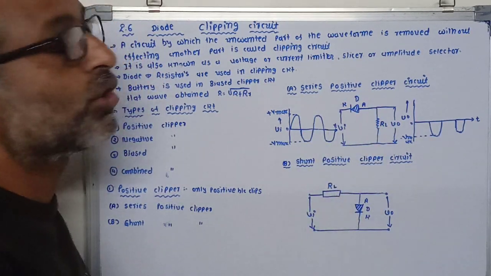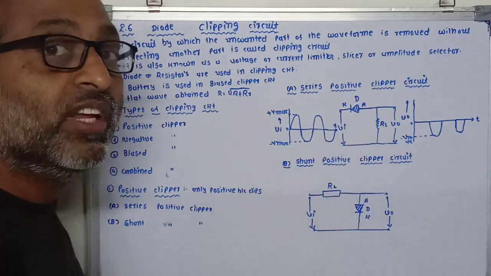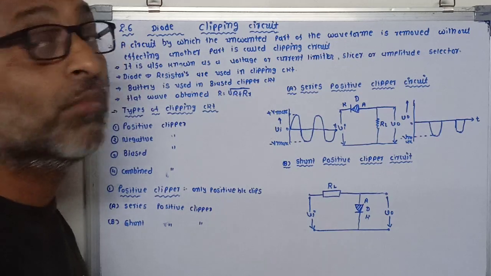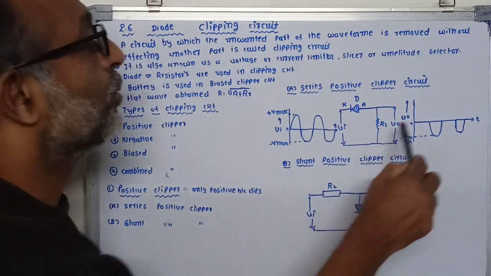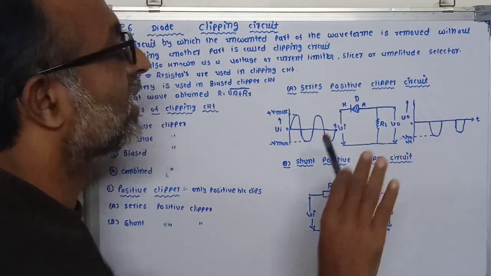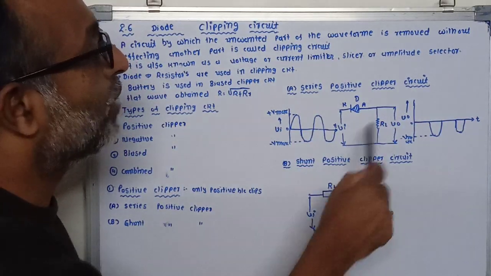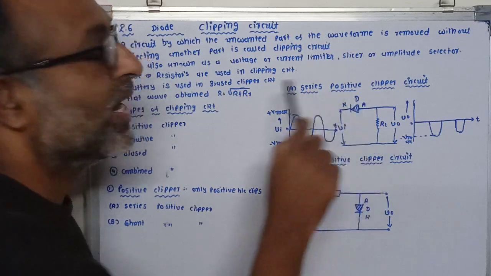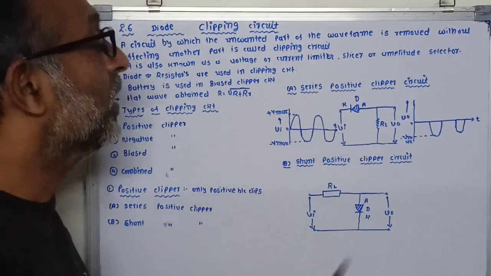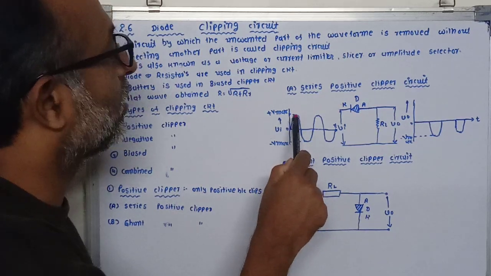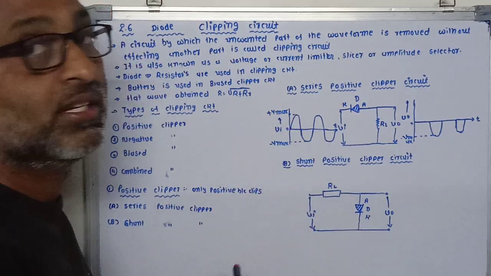So there is no voltage drop across this resistance, so we will get zero output. That means there is no output available in the output circuit. So you can say during the positive half cycle there is no output. Do you understand why it does not appear in the output circuit? Because this diode acts as an open circuit during the positive input half cycle.